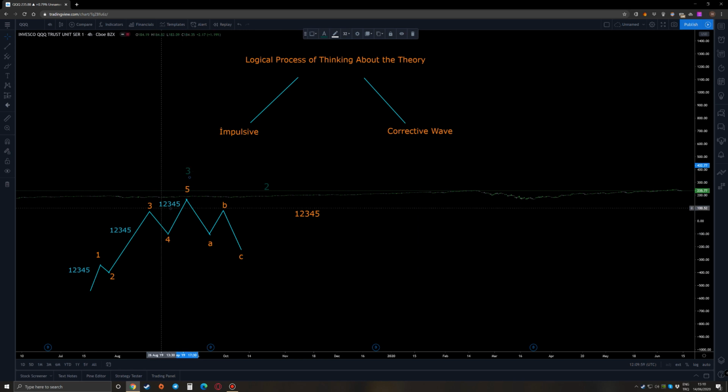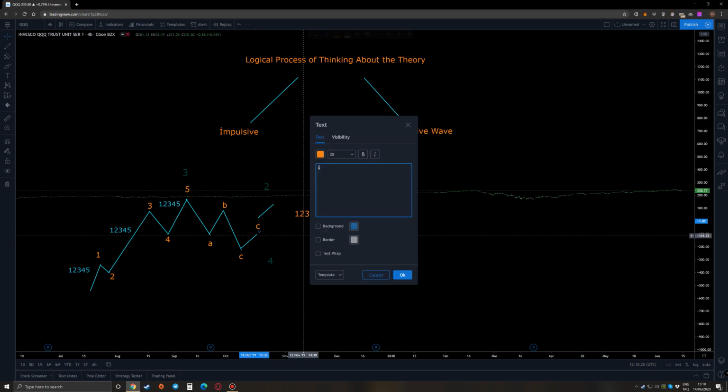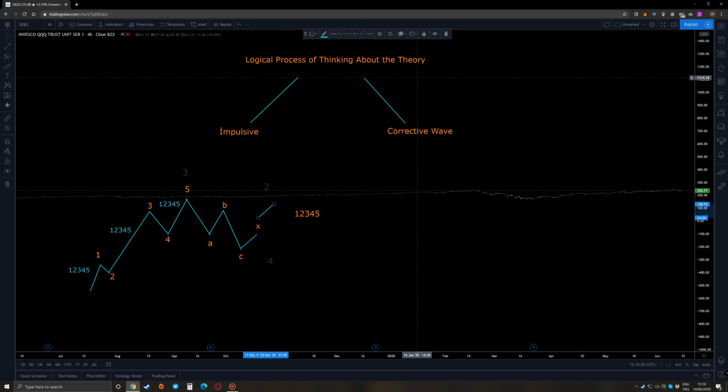It means that, as you can see just here, after this 3, the fourth wave will start. So whatever this ABC is, it is actually a fourth wave. Now, on a corrective structure, you can have an ABC, you can have an ABCDE, or you can have what we call a complex correction, which you can do something like this. I will teach you this X wave too in probably a different video, but you can have an ABCX and something like A,